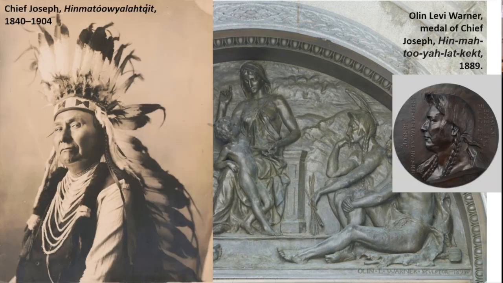The face of the Indian, the official guidebook noted, is understood to be a portrait of Chief Joseph of the Nez Perce tribe from a sketch made from life by Mr. Warner in 1889. Chief Joseph was the English name of Hinma Tuyalatket, who, after leading his people in resistance to relocation onto a reservation, had ultimately surrendered to the US Army in 1877. We might pause to wonder what a man available as a life model is doing in a setting of prehistoric solitude, but for the author of this guidebook, his presence there needs no further justification.